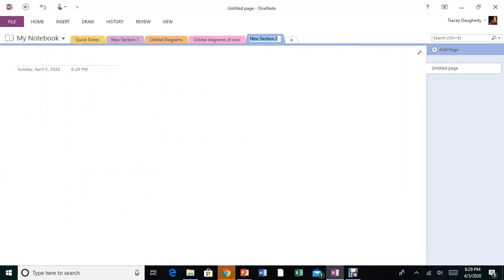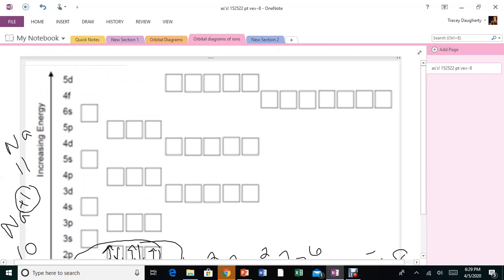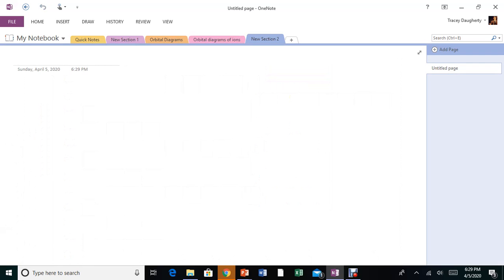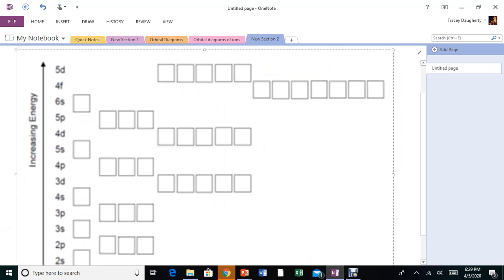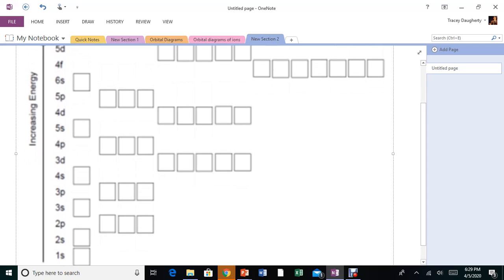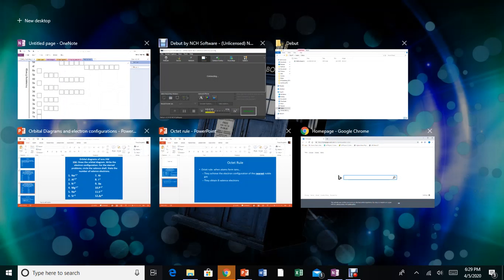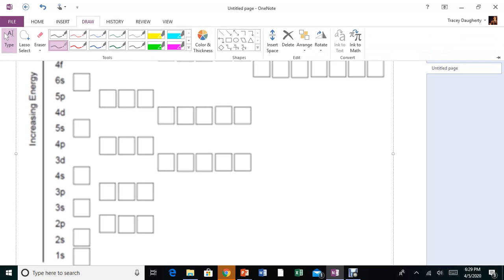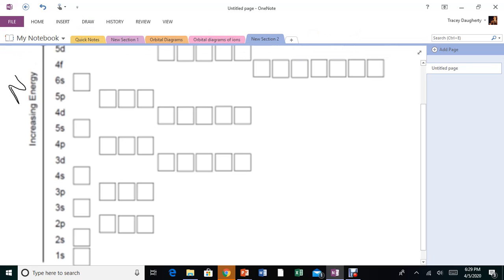If we were to do another problem, like this, and do, let's say, nitrogen -3, or the nitride ion. Neutral nitrogen has 7 electrons, but nitride